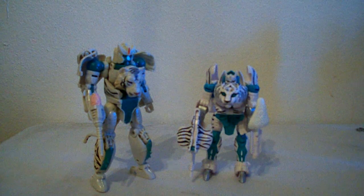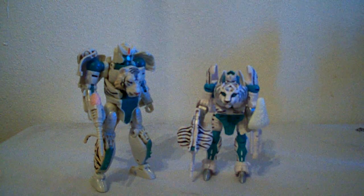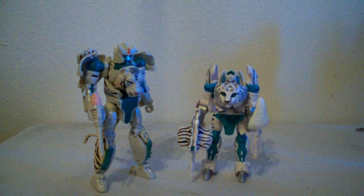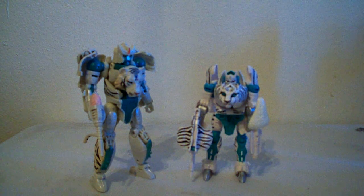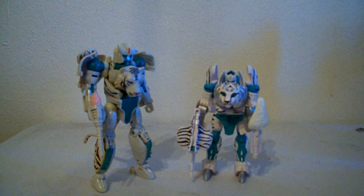For number 3, Voyager class animated Starscream, as well as the other Seekers, seeing as how they were pretty much all the same body mold, just with different color schemes and different heads. But that Starscream mold was fairly unique in how it was designed. Well, that's true for all of the animated figures, but that was a very interesting Starscream, and how they went about making the other Seekers of him being just all clones instead of just lookalikes. So, I definitely think that he deserves to get another run, an updated figure,